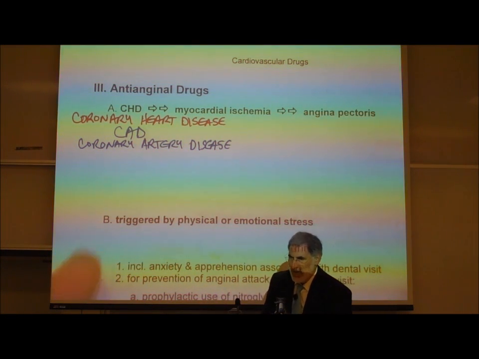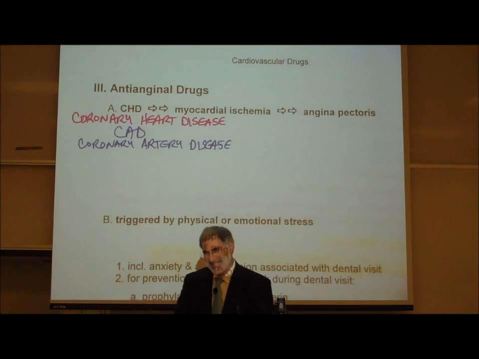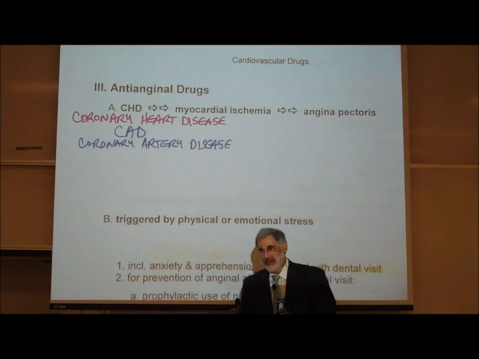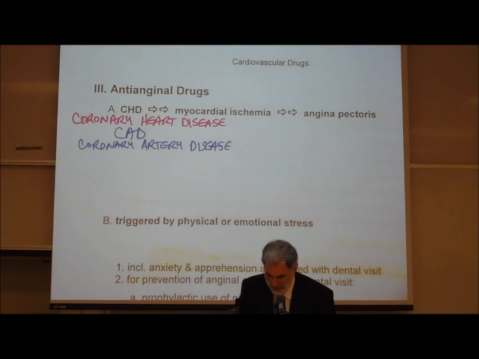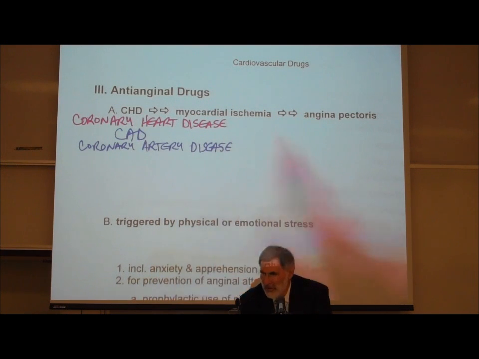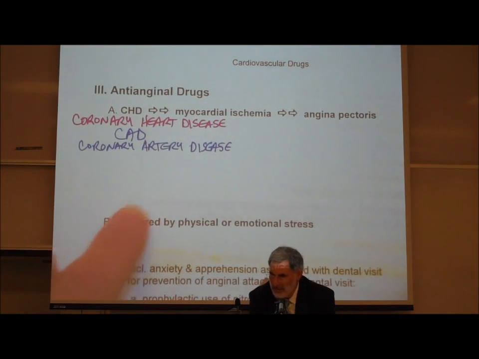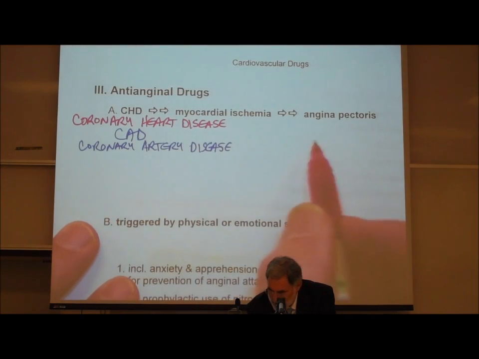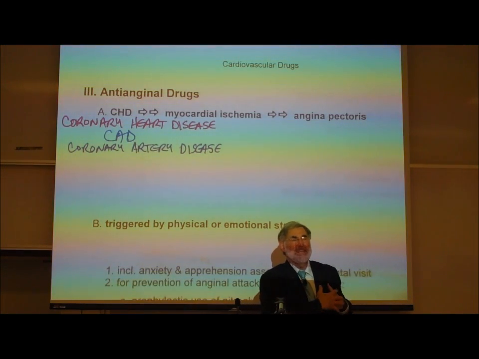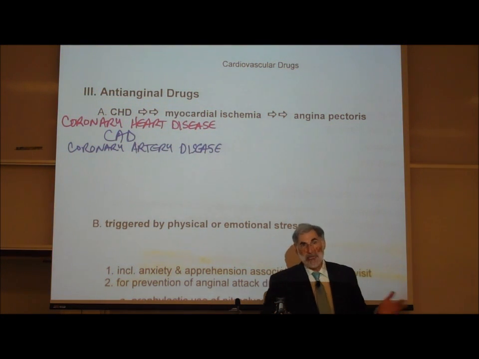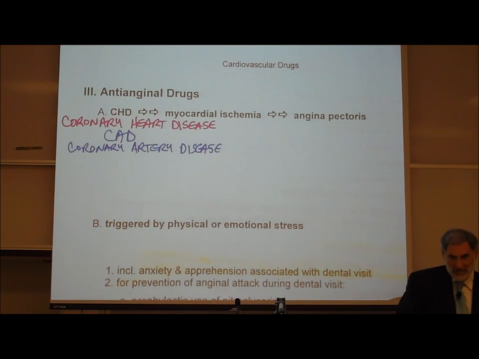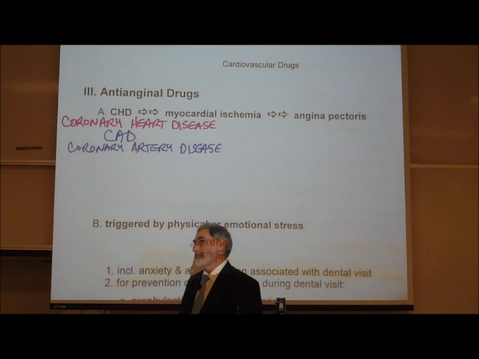The problem is what? The problem is atherosclerosis in the coronary arteries. As we've learned, as the coronary arteries get progressively more clogged up with atherosclerotic plaque, that reduces the flow of oxygenated blood through the vessels to the heart, causing myocardial ischemia. When the heart muscle isn't getting enough oxygenated blood, it causes a pain. It hurts. Frankly, that happens anywhere in our body. If the skeletal muscles in your leg aren't getting enough oxygen, they cramp, they hurt. When our heart muscle isn't getting enough oxygenated blood, it hurts.